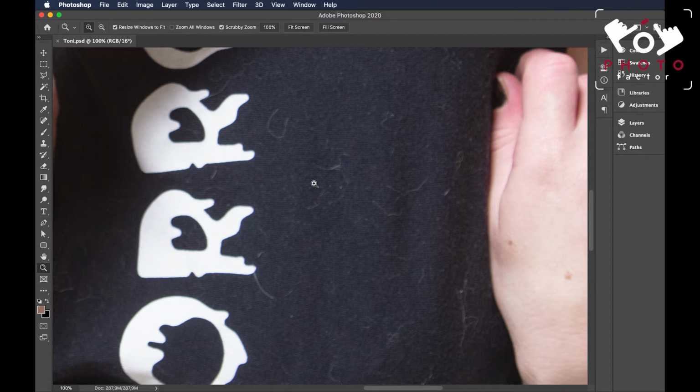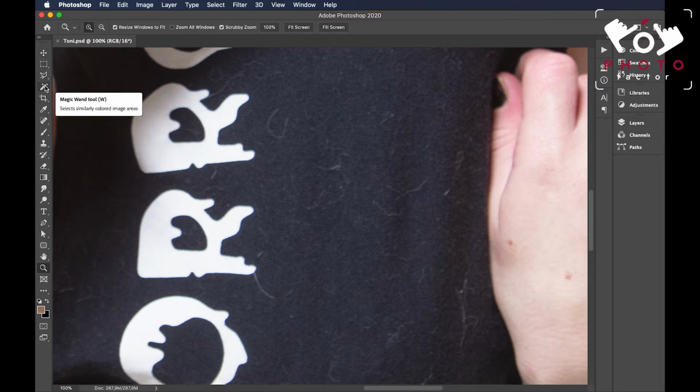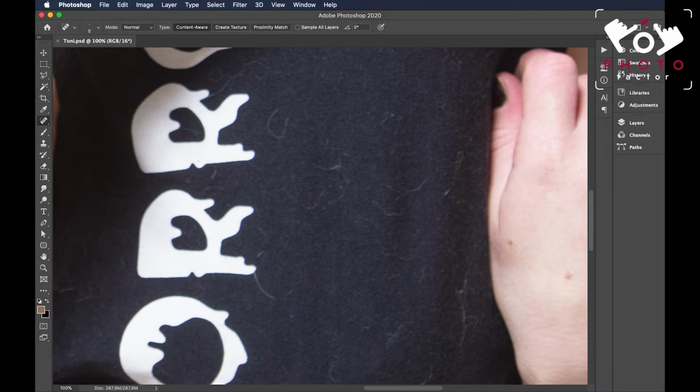And what we're going to use is the spot healing brush tool, which you'll find here in the tools panel. It is the 4, 5, 6, 7th tool to the left. And we click on that and we head on over to the image. Oh, my cursor over there is tiny. Let's just make it a little bit bigger, like so. And it's really a simple matter of clicking, holding down your mouse key and just brushing over that